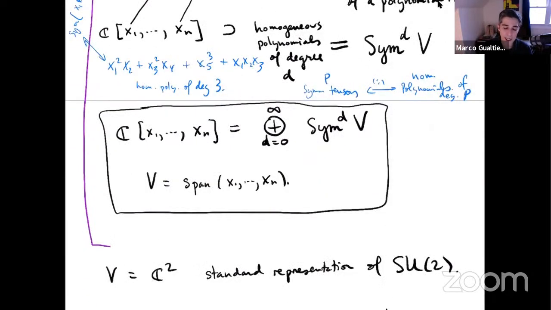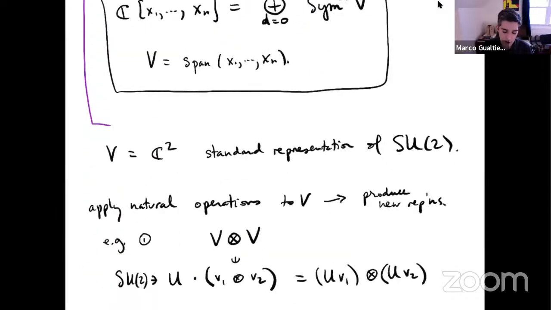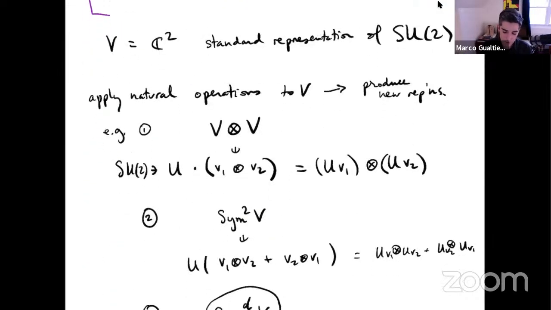Another way of writing it in a fancy way is that if V is the span of these elements, then the infinite sum of the dth symmetric powers is the polynomial ring. Okay. Now, all of this is very general. In the special case where V is C2, this will do wonders, because if you look at C2,